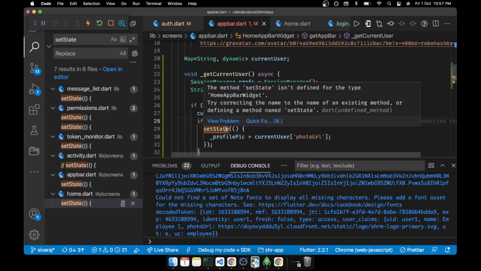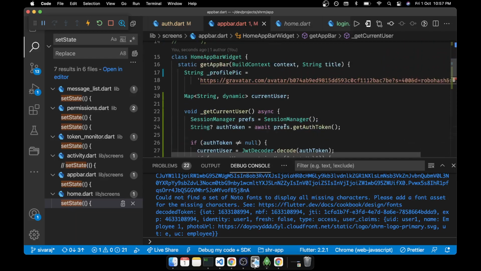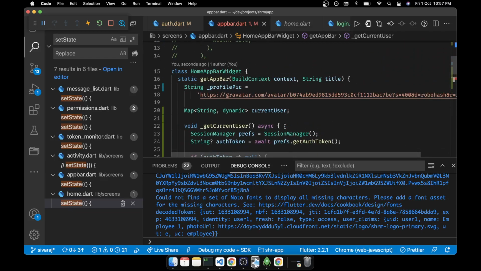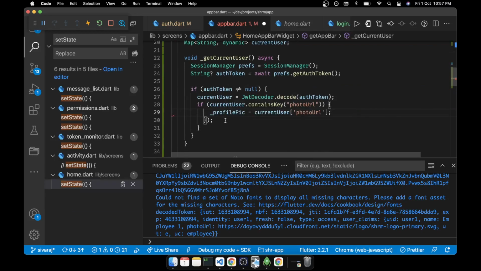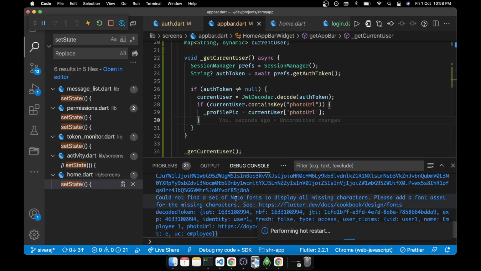We'll try to see what is not correct. Maybe it is because it does not have any state, so that is why this problem is coming. Okay, we'll see.